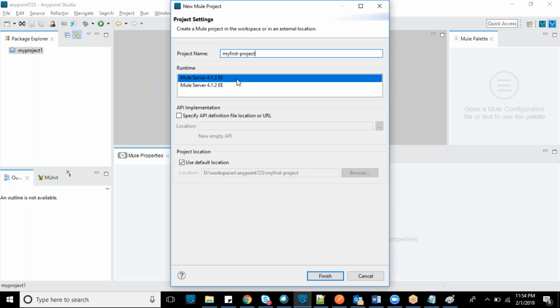I have two servers inside this. I'll tell you about the servers. E is there, that is enterprise edition, correct, and you will also get the community edition. If it is not a licensed one, currently you can get a one month trial of enterprise edition. That means you will have all the functionalities MuleSoft provides, so you can experience all the new features in the version. Currently I'm running version 4.13 enterprise edition. Create a project, just simply click finish.